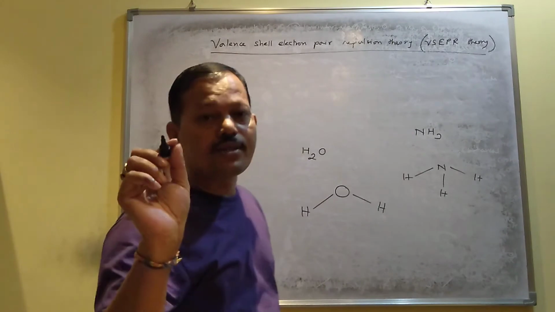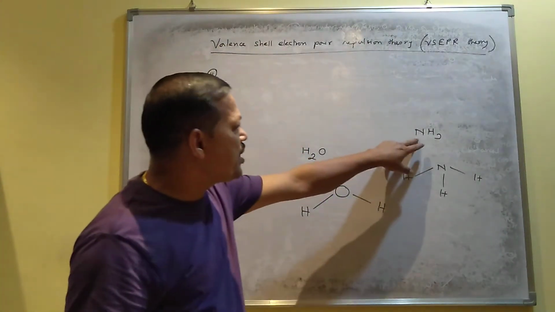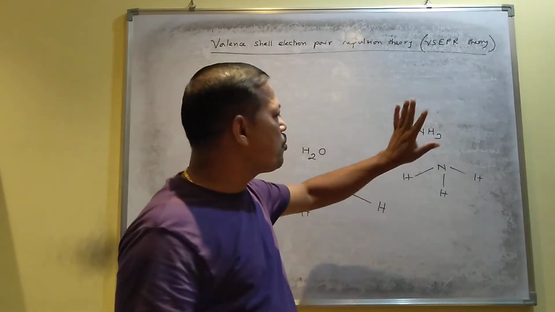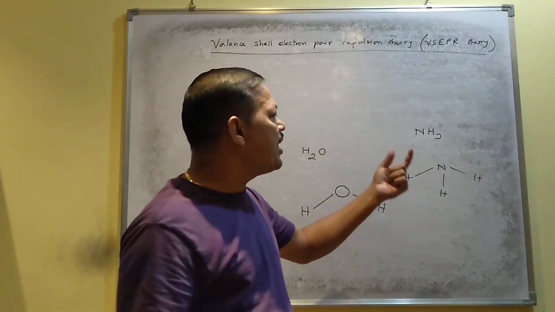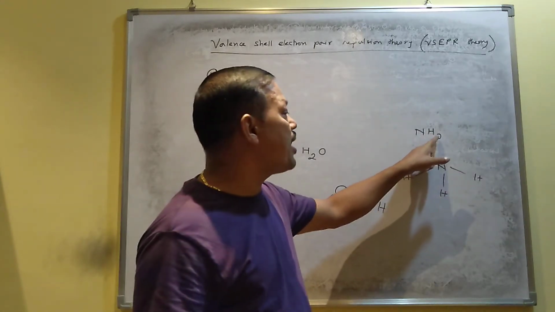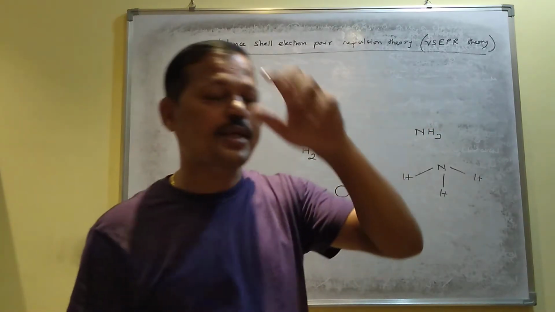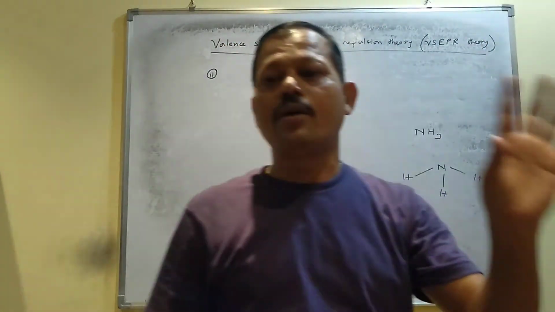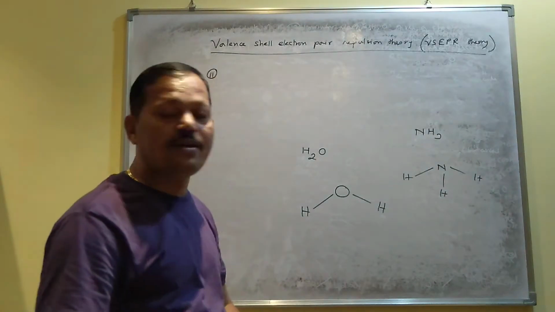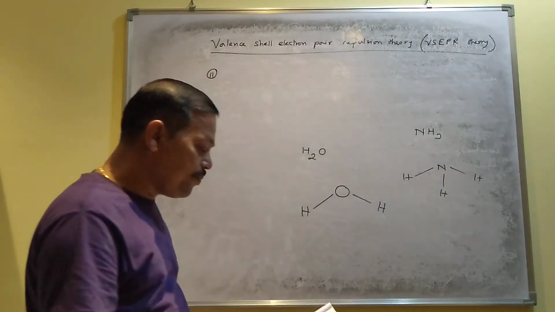Now to choose the central atom, who will be the central atom? To find that out, whose number is less, that will always be in the central position. And secondly, whose valency is more. Nitrogen valency is more, nitrogen valency is 3, hydrogen valency is 1. So nitrogen should be the central atom. I mean those atoms which can form more number of bonds, that atom should be present at the center, and which is called the central atom. So this is about the second point.